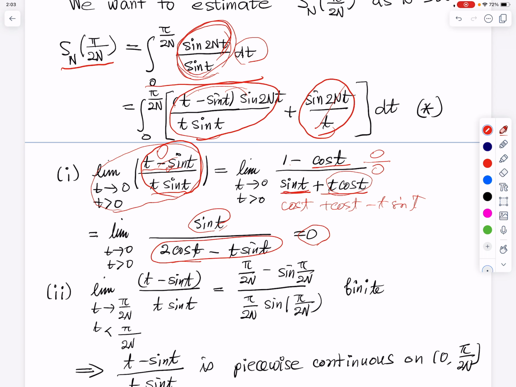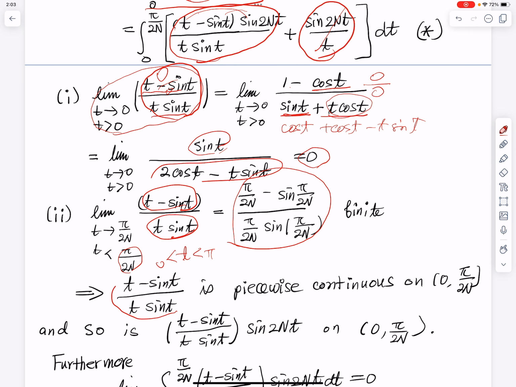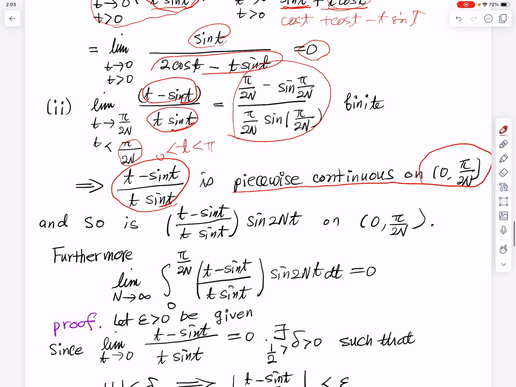And then I look at the left-hand limit at pi over 2. Then you plug in pi over 2. Yeah, it is just finite. Okay, this is a continuous function near x equals pi over 2. So that implies that this guy is continuous, and this is continuous at t equals 0, pi. So that implies what we proved: t minus sine t divided by t sine t is piecewise continuous on 0 to pi over 2n. Okay? So that implies,